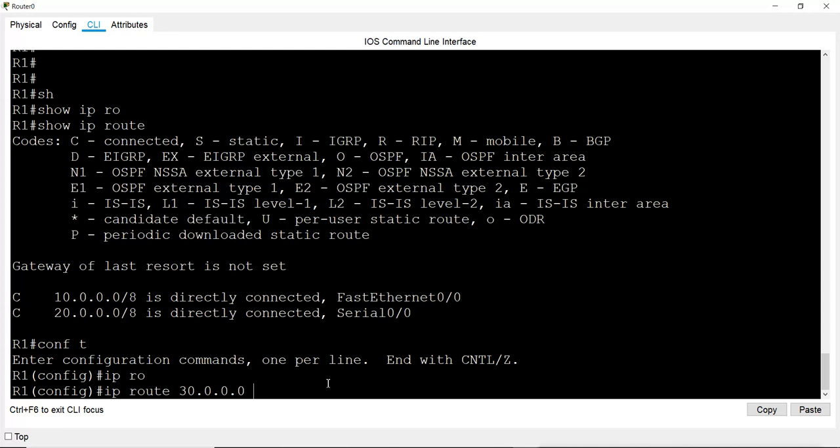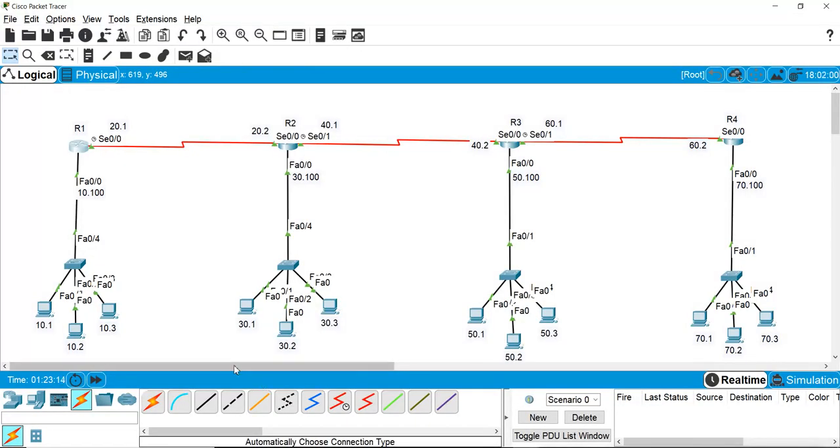Maybe the network is subnetted, or we have done the subnetting also. We have not done subnetting here, and I have not used subnetted IPs because we are learning IP routing, we are not learning subnetting. So I made these IPs simple to understand, like 10, 20, 30, 40, 50, 60, 70, so that we know that these are different networks.